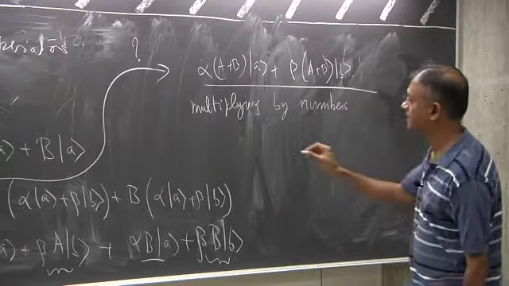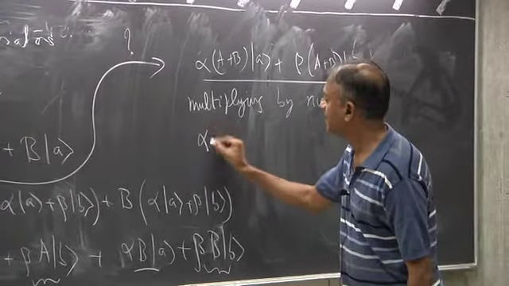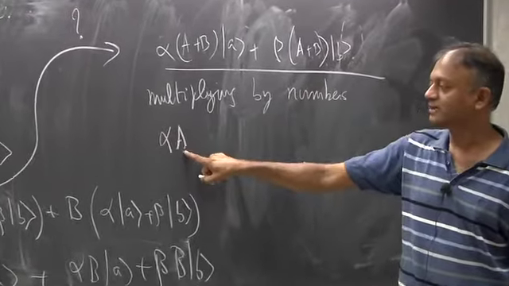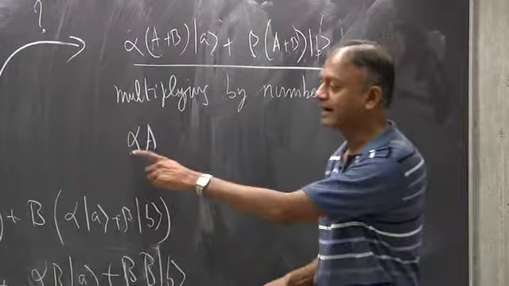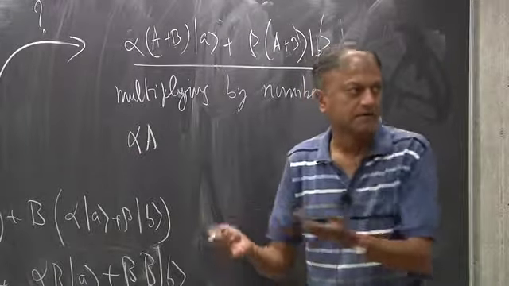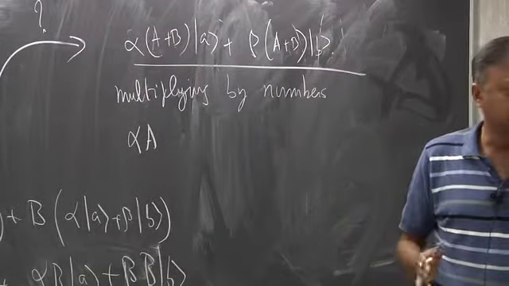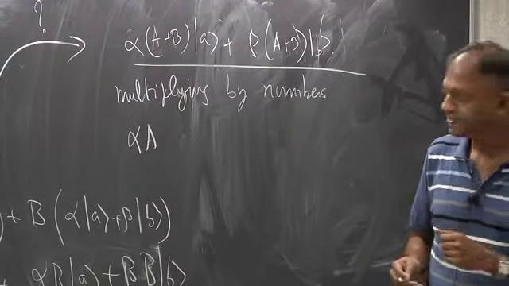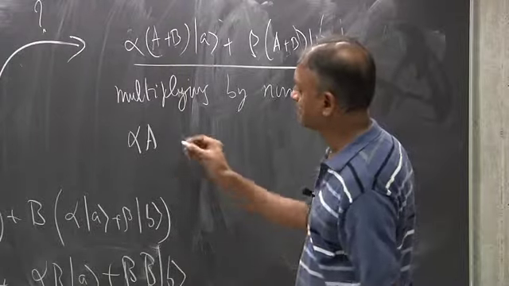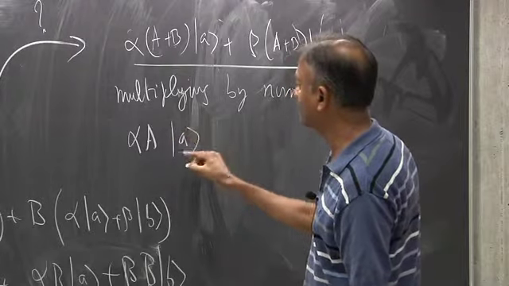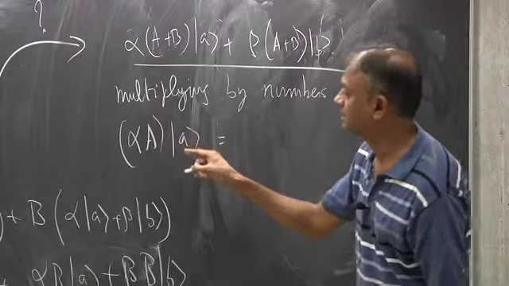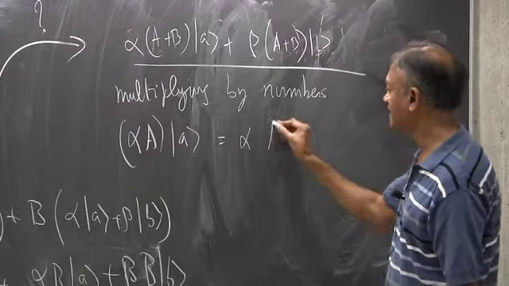So suppose alpha, so alpha A, right? If A is an operator, you can define what you mean by alpha times A, where alpha is some number, real or complex, depending on whether it's a real vector space or a complex vector space. And this you can define simply as this operator acting on any vector, I mean, this operator acting on that is simply alpha times A acting on the vector,